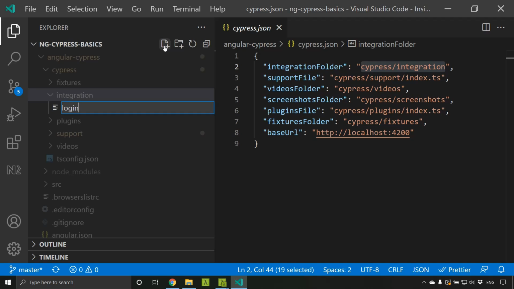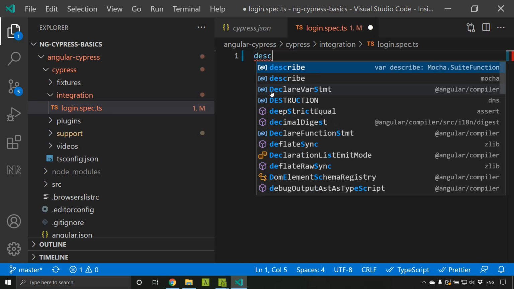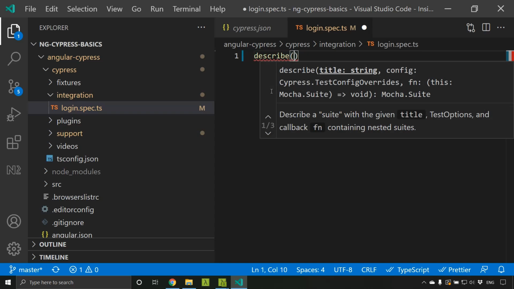So let's go ahead and add a spec file here. Here we are going to write our first integration test. The syntax used in Cypress is basically derived from Mocha, Chai, Sinon, etc. So we can first define a test suite.